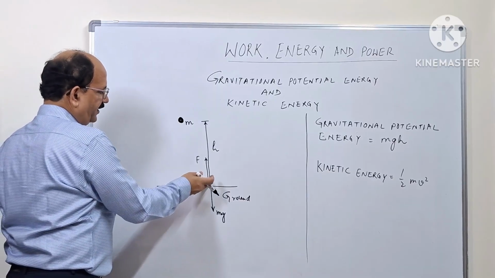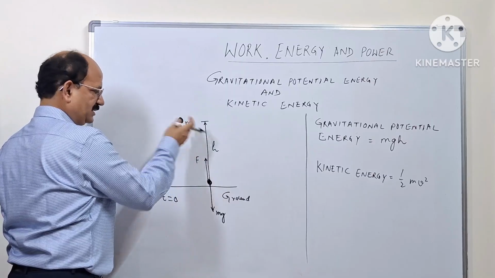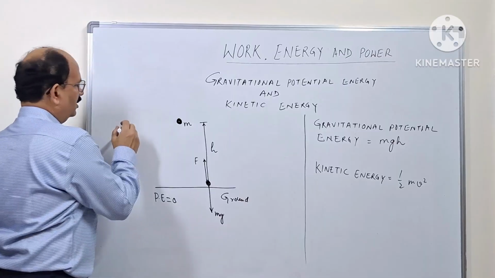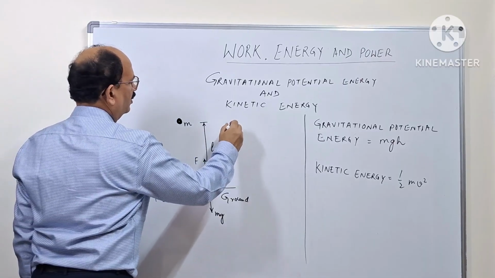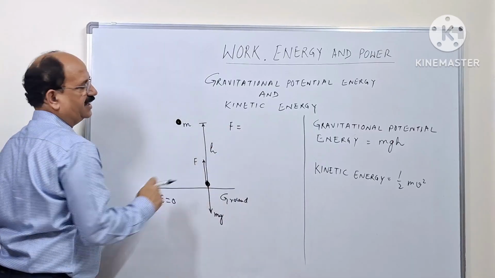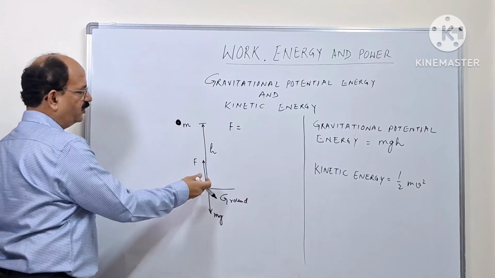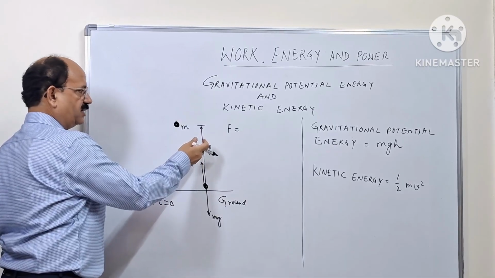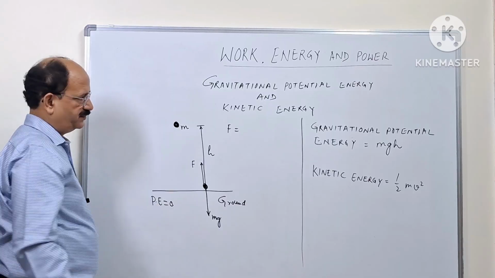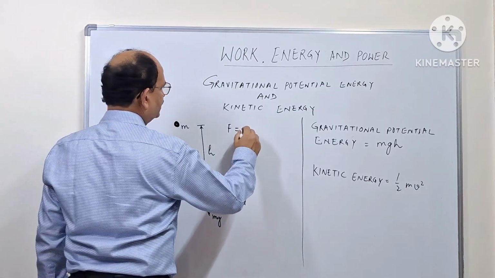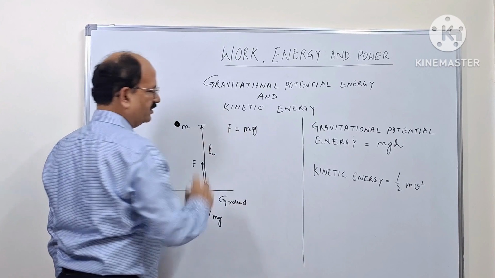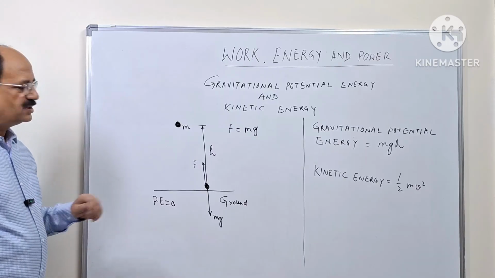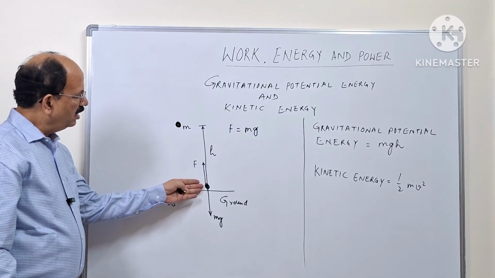If you are lifting the ball without any acceleration, then at least the applied force must be equal to the weight which is acting downward. Then only you can move this ball without accelerating it up to height h. So this force must be equal to mg. Now try understanding this. You can lift this ball